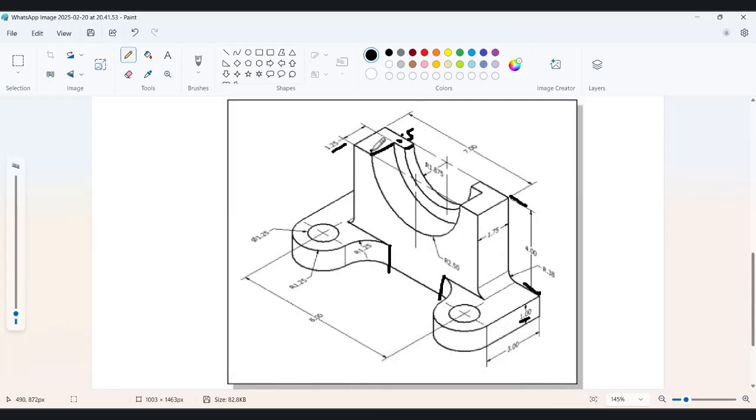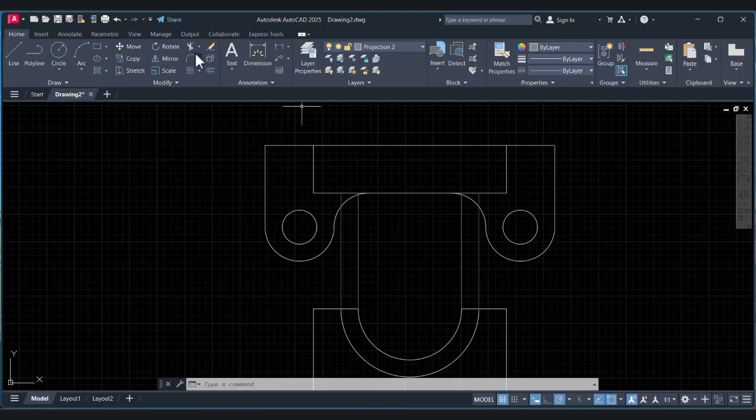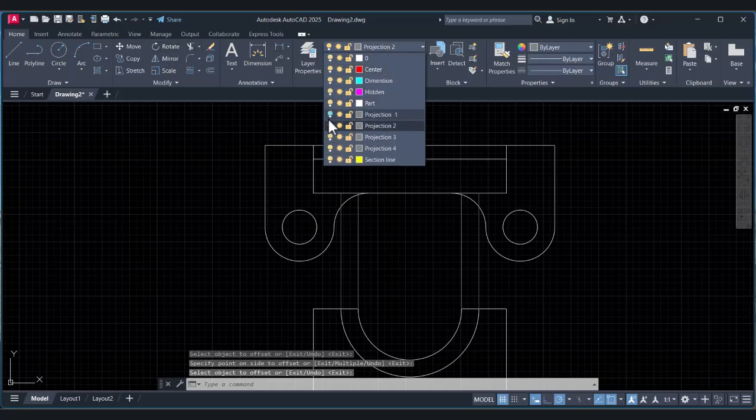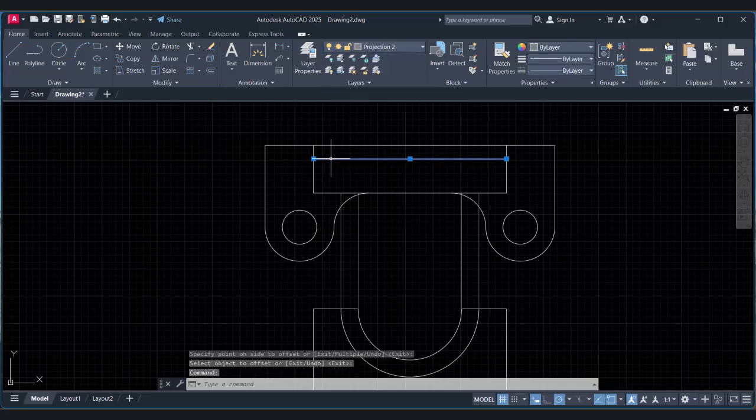So we have to, like this line here in the top view, we have to offset it till this point. Okay, so we are going to offset it 1.25, this line, like that. Okay, and now for this line it should be the part line. Okay, I'm going to select this line and make it part line. This is the part line, and now go to part,